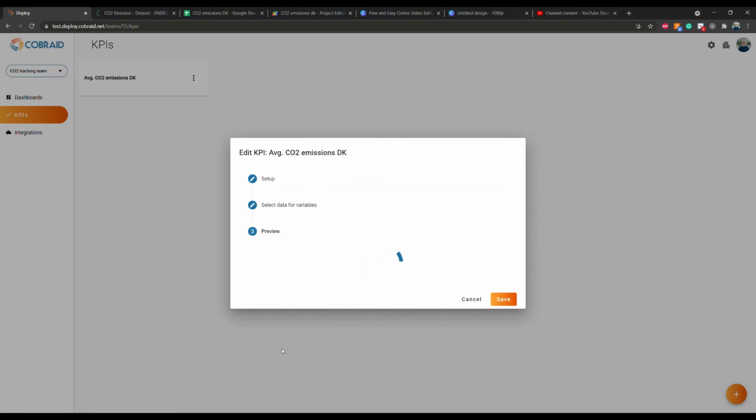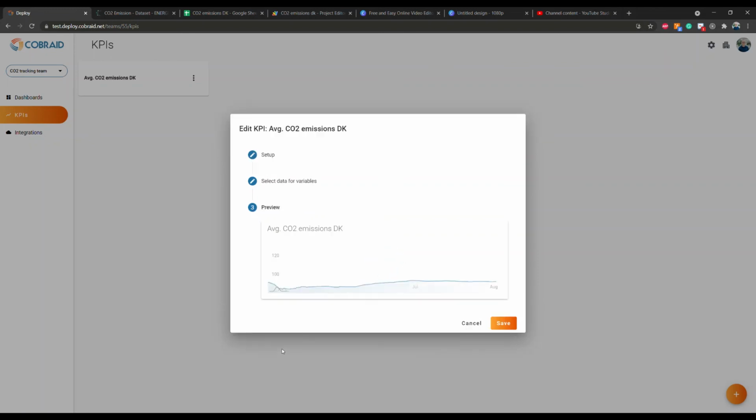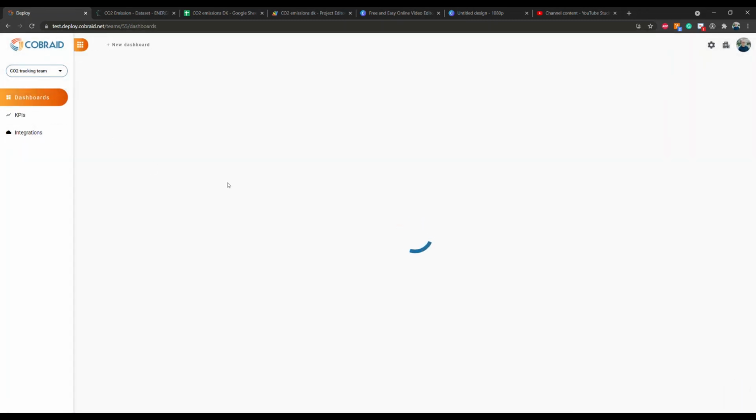Now it will load, and it takes a bit because I have a few thousand rows, so that takes a little bit to load, but you can see it will load here eventually. And that will show us a nice looking graph similar to the one you saw in the beginning of the video. And that's also what we are doing here. We're just waiting for it to load. It's a little bit of data, so it takes a little bit, but it will load here in just a moment. Like so, and then it will load the data from the Google Sheet. It takes a little bit. That's the first time. It will be faster the second time you load the page. Or if you have less data than what is the case here.